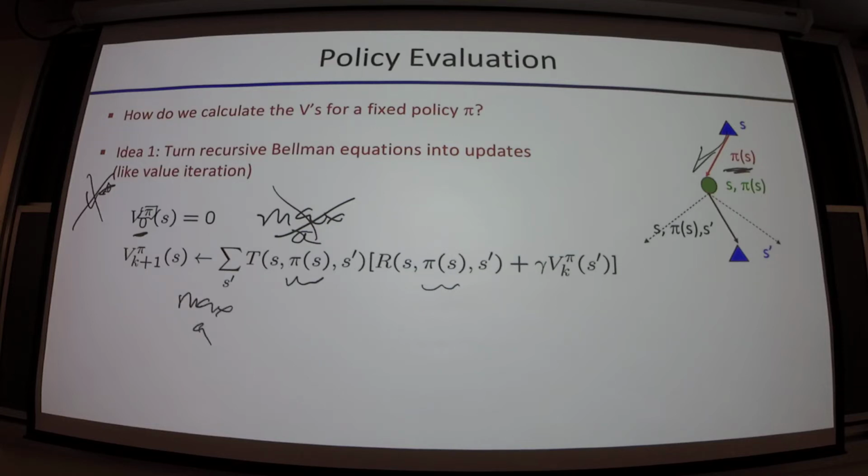That doesn't seem much different, but in practice it can be very different because with that max, this set of equations is nonlinear. But if we get rid of the max, this is now a linear set of equations, and there are all kinds of pre-built, very fast linear system solvers that can be applied to it. They couldn't be applied before. Additionally, the computational complexity is a little easier as well, because you're not considering a's anymore. So that a term in our big O goes away. Make sense?